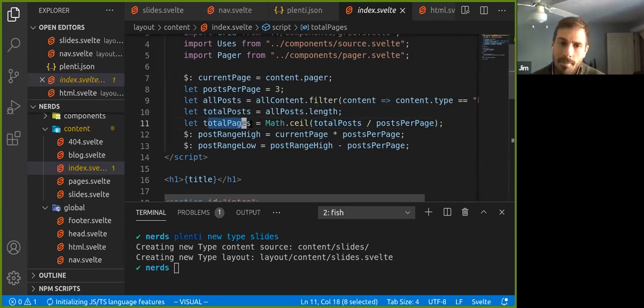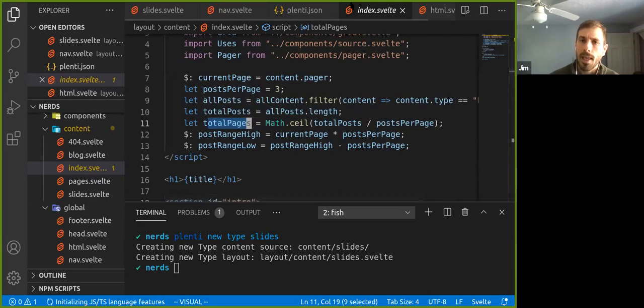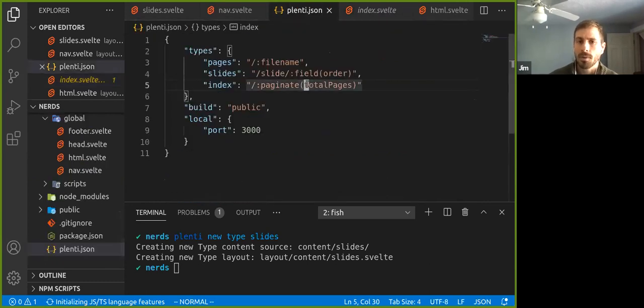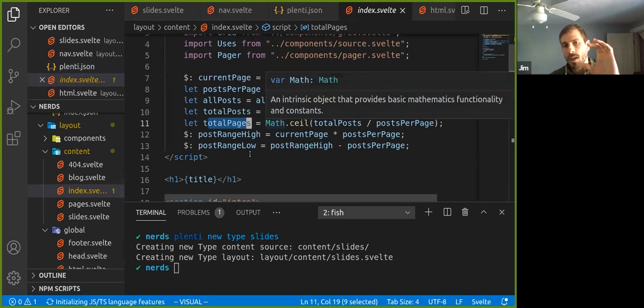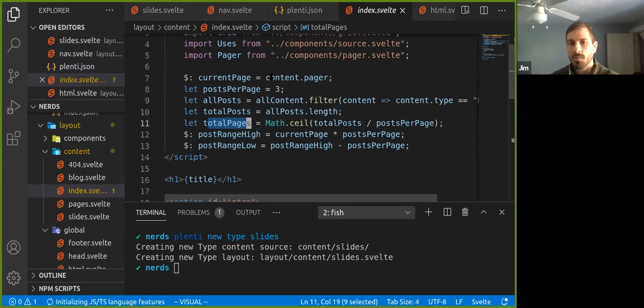And the fact that we named it this variable, we're pulling that in over here in our file. So it basically says, hey, I know on the front end, this variable holds how many pages I have to create. And then what it does is it'll create a paginated output for each one of those behind the scenes. So if you have 10 pages, you'll get 10 pages of paginated output. And what that does is it also adds some metadata to each one of your content types, where basically you can pull out the pager from your content object here, and then you can use that to get things like the current page.